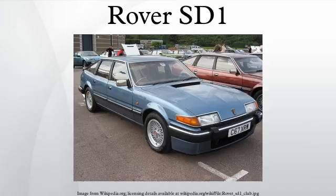List of model names. The car was never marketed as the SD1. The models produced were usually named according to their engine size. Rover 2000, Rover 2300, Rover 2300S, Rover 2300 SE, Rover 2400 SD Turbo, Rover 2600, Rover 2600S, Rover 2600 SE, Rover 2600 Vanden Plas, Rover 3500, Rover 3500 SE, Rover 3500 Vanden Plas, Rover 3500 Vanden Plas FE, Rover V8S,